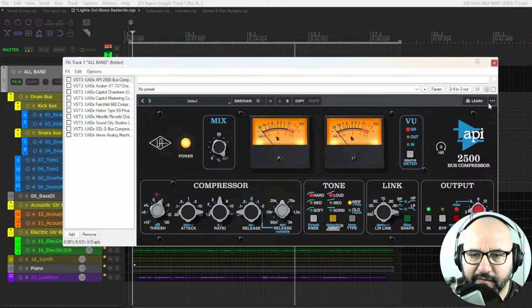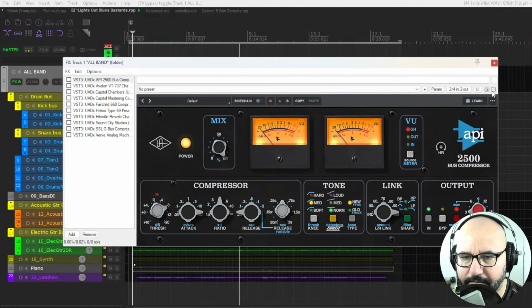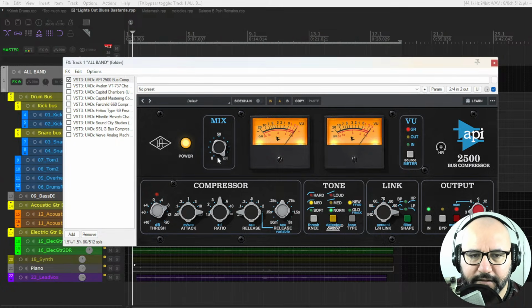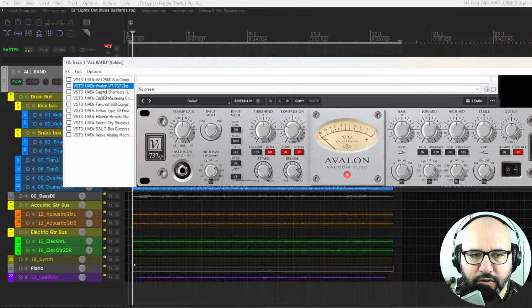Okay, before adding some punch, medium, normal, medium, knee. Okay. Alright, this is the API 2500 bus compressor. Of course, you can use it on a variety of instruments in the full mix as well. Very musical compressor. Next, I want to show you the Avalon